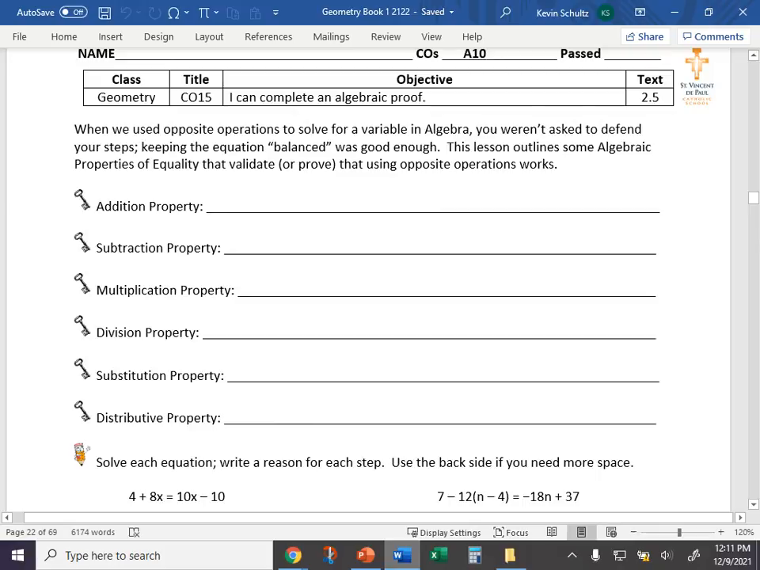Today in geometry, we're going back in time to solve algebraic equations, but we're doing so in the setup of a